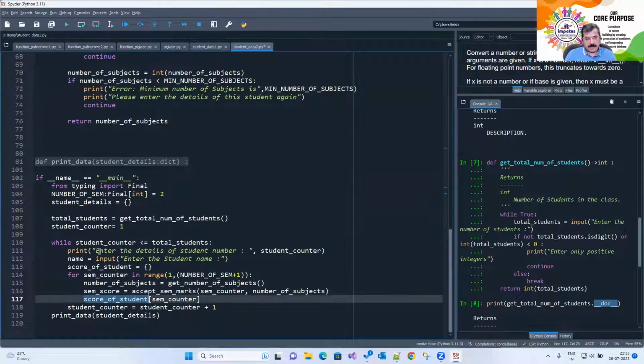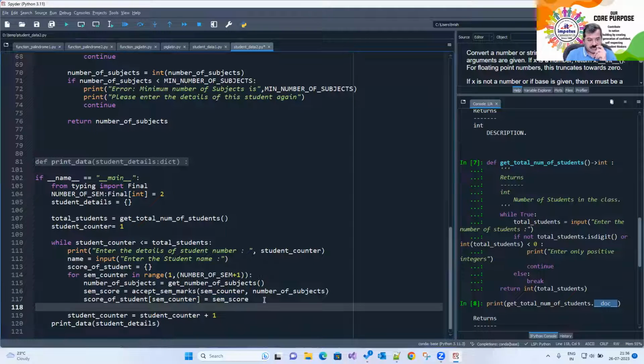तो हम कहेंगे ये जो हमारा डिक्शनरी है, स्कोर ऑफ द स्टूडेंट, इन विच सेमेस्टर काउंटर इज अ की एंड वैल्यू इज द लिस्ट। ठीक है। तो सेकेंड पास में क्या होगा, सेम स्कोर स्टूडेंट में ये आ जाएगा और उसकी लिस्ट आ जाएगी। एंड वंस यू आर डन दैट, वंस यू कम आउट ऑफ दिस लूप, तो एक स्टूडेंट रेडी हो गया है, तो वो जाएगा स्टूडेंट डिटेल्स में।